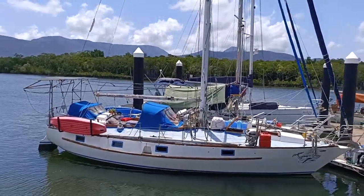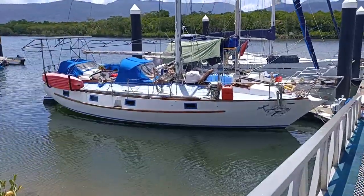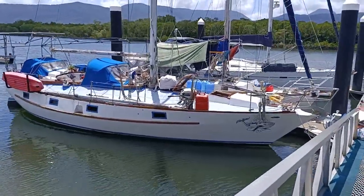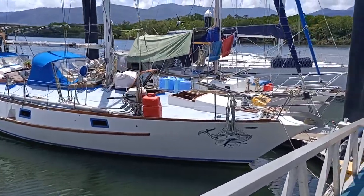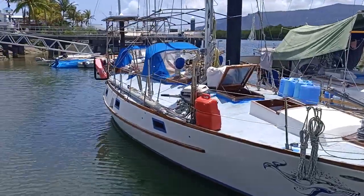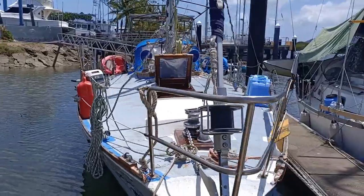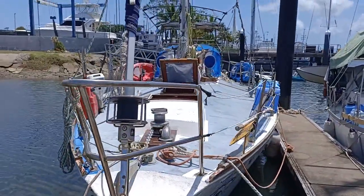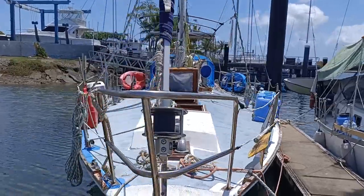So we've had it for about 9 months. Before this, we sailed up on a smaller boat from Adelaide up to Cairns, where we bought Whale Song. We bought Whale Song largely because our daughter was getting older and we needed more space for her. So we bought this one with some initial problems with it. It had a seized transmission, had some problems with the anchor winch and things like that, and we sort of